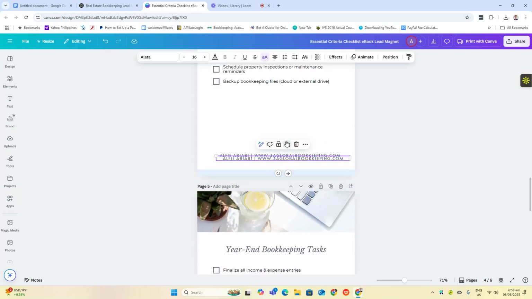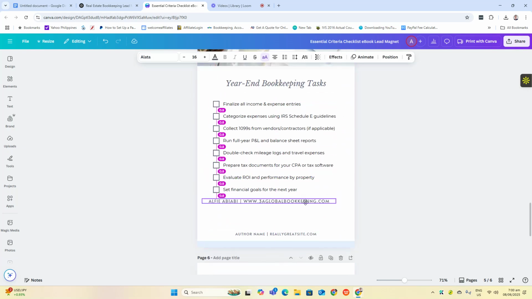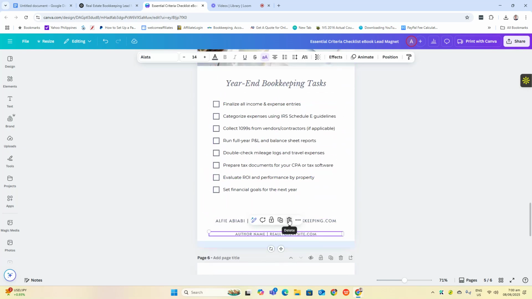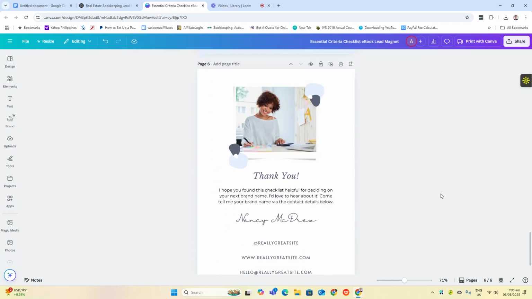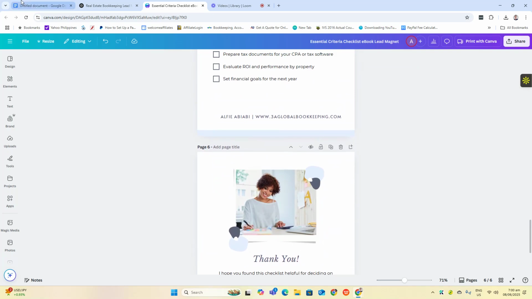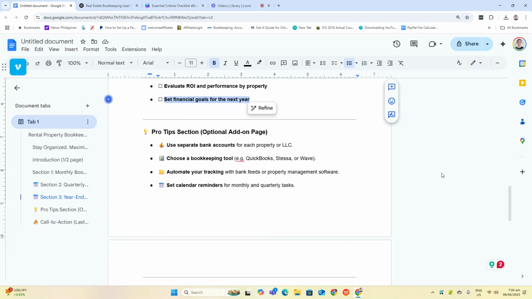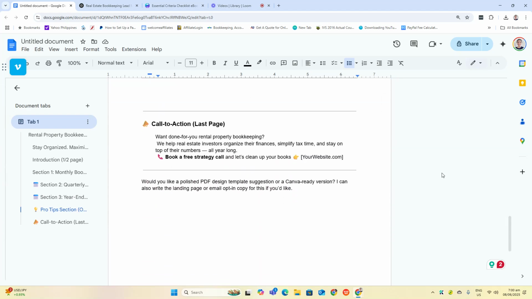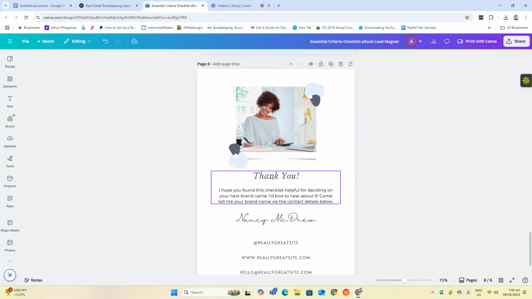I'm going to copy this one and then delete this, place it here. Okay. And then pro tip, if you want the last page to add some pro tip, it's okay.